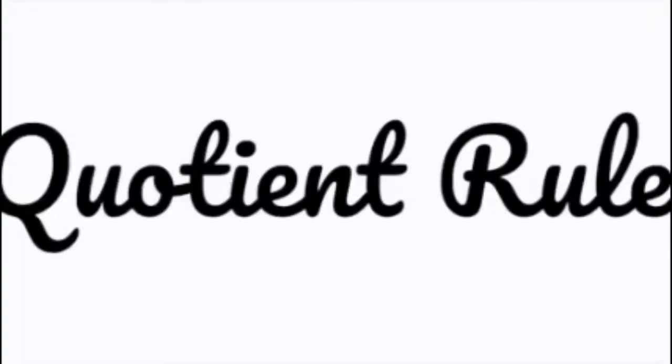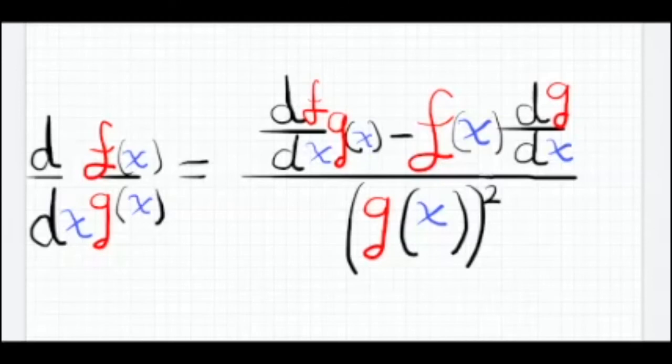Next, we have the quotient rule. So again, informally, I think of this as low d high minus high d low over the square of what's below. I don't know if it's been presented to you in that way before,